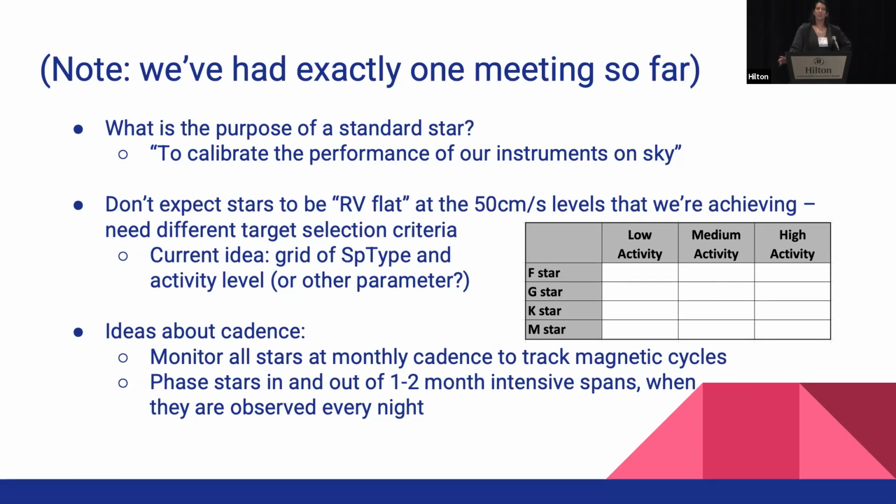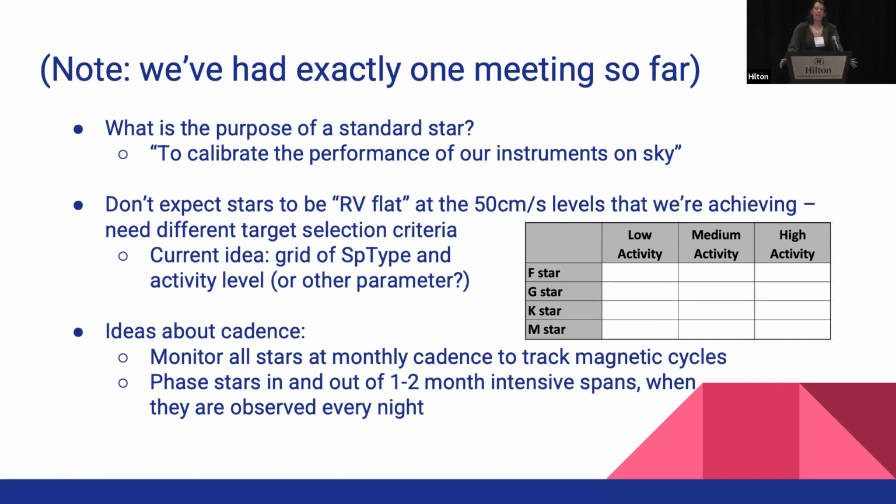And so some things that were discussed in this very first meeting of the Standard Stars Working Group was maybe making a grid of stars that span both spectral type and level of activity. Now that there is going to be an active stars or a stellar activity working group, maybe we hand off the active stars to you folks and keep just the quieter ones in the Standard Stars group. We'll have to think about that a little more. But I think this could be very nice, sibling efforts to figure out what we observe and how we observe it.